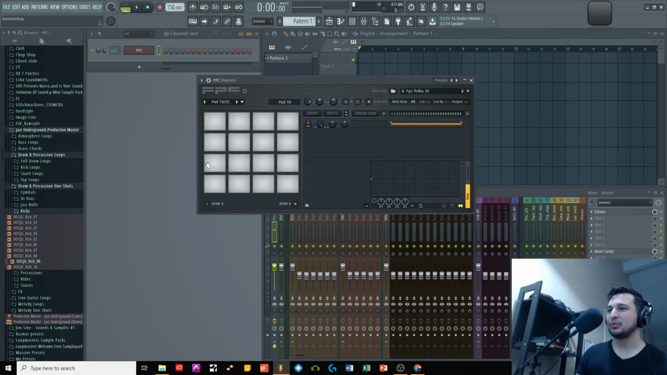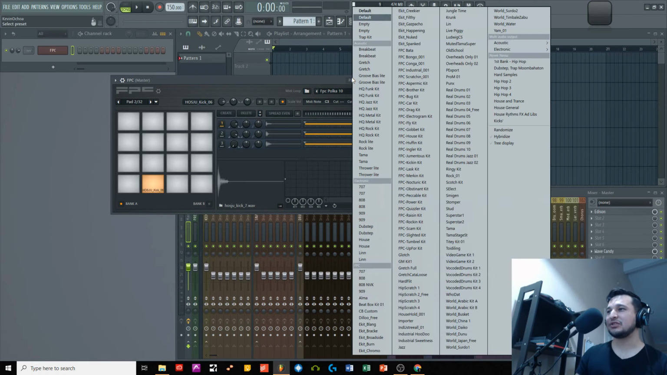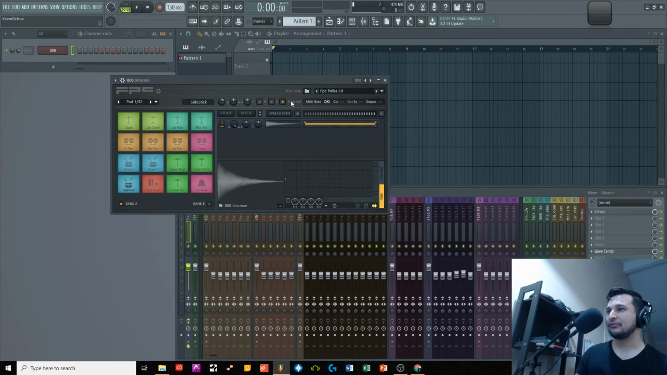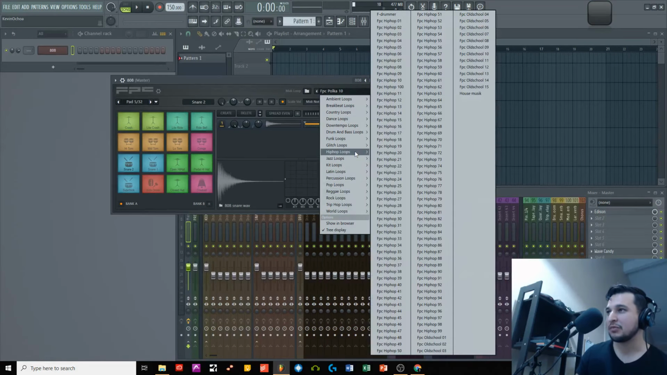You have a total of 32 pads in here. You can also house MIDI inside of this plugin. So if we go to presets over here, you see I have a ton of different kits. Say let's go for an 808 kit, and all these tracks have been color coded and whatnot. But you also have this option right here for MIDI loops. So let's go over here, pop loops,